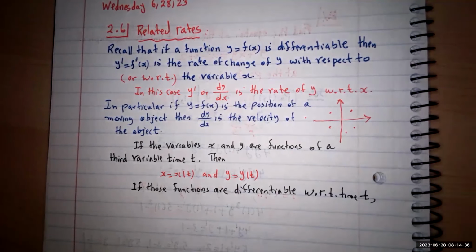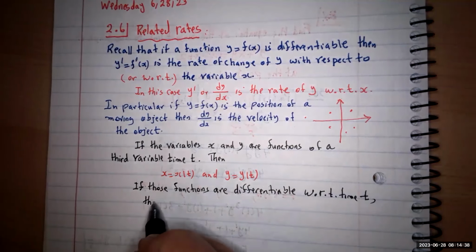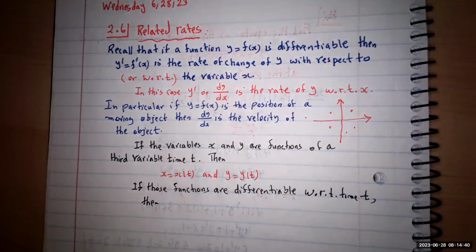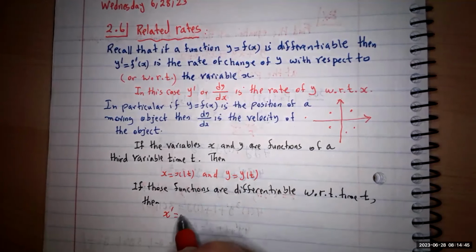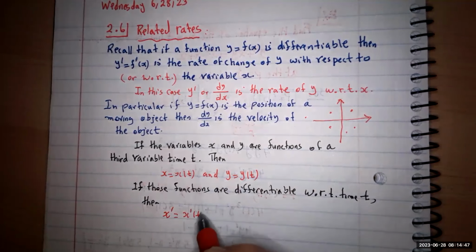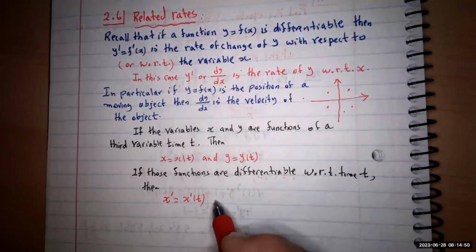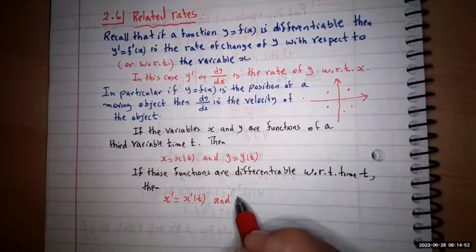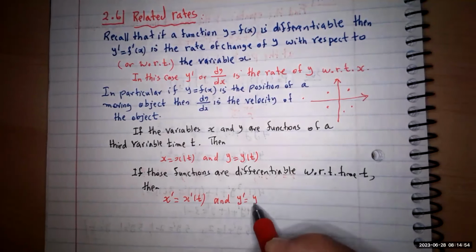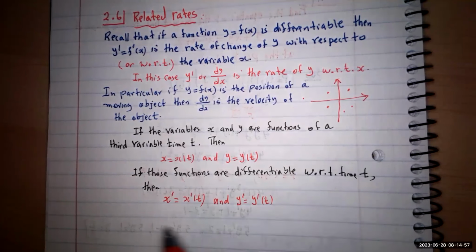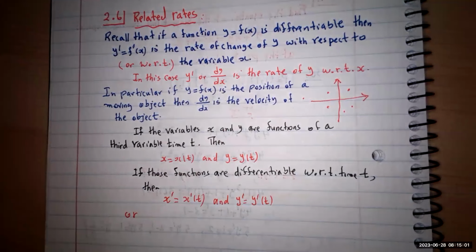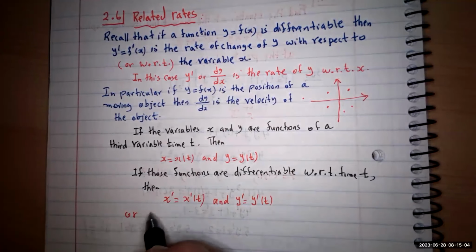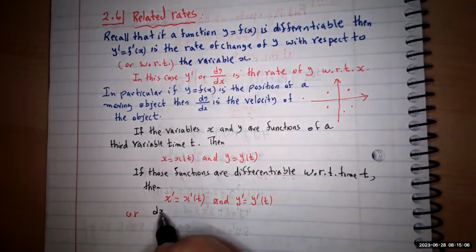Then what is their derivative? You can call this one x prime of t, the derivative with respect to t, and the next one y prime of t. If you want to write it in rate form, differential form, this x prime is dx, the rate with respect to t,